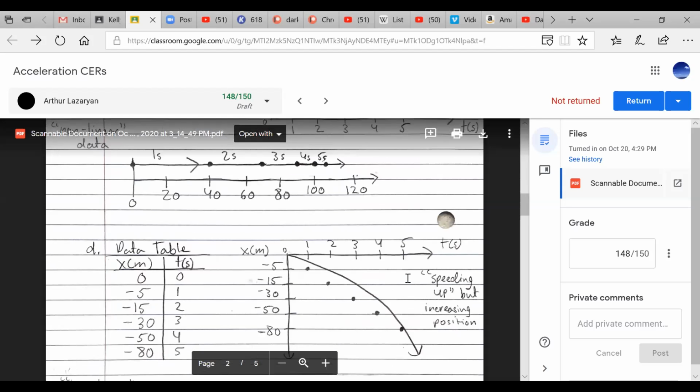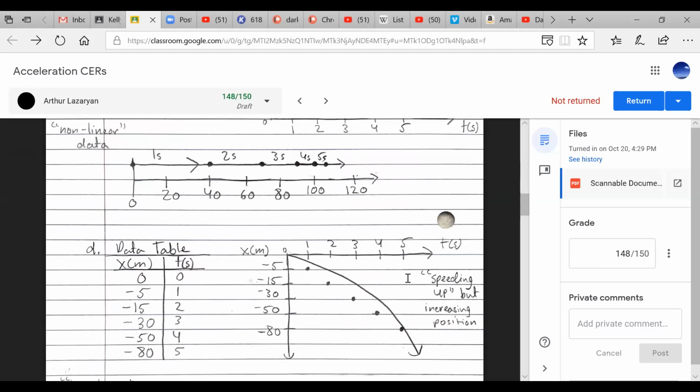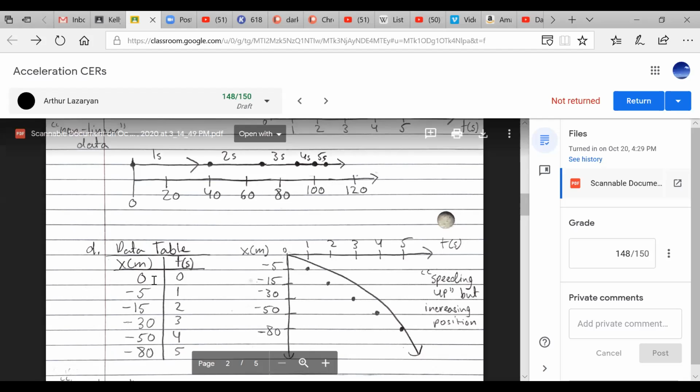Okay, so letter D, we have a car speeding up, but increasing position in the west. So we're in the western domain. The positions are going to get larger in number, even though the signs are negative. That doesn't mean that these are smaller. These are just larger numbers in the west domain. So that means we're in the west, and we want to be speeding up but increasing position in the west